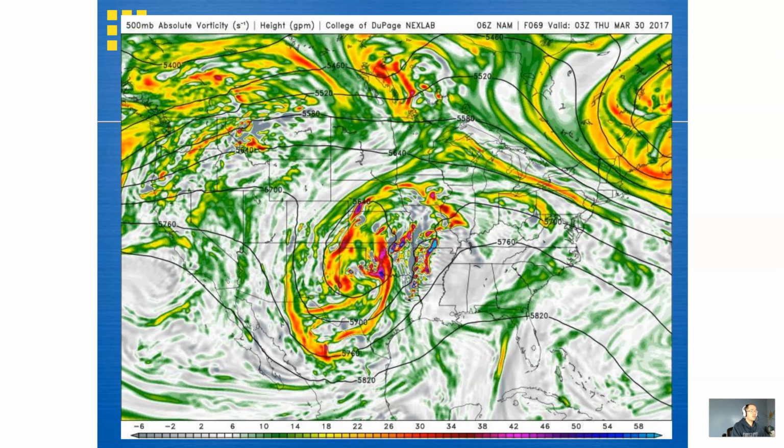But one thing you should note here is, where do we see some of our high values of vorticity? Here absolute, but again, focusing on the idea that much of the changes are a product of these differences in relative vorticity. Well, your highest values are, not surprisingly, right around this deep trough feature across the plains. You can see some other high values here up across the provinces of Canada, again in association with the trough. You can see a spin out here off the eastern Canadian coast, again some higher values of vorticity, and then areas where we see ridging, relatively small vorticity in this broad ridge across much of the Midwest down into the southeastern United States.